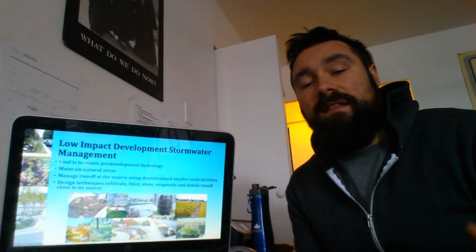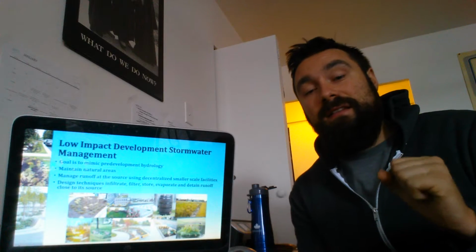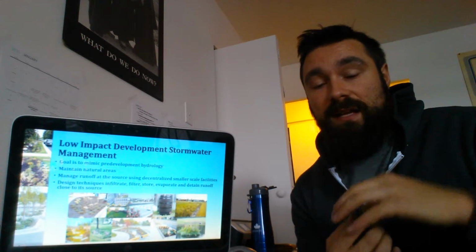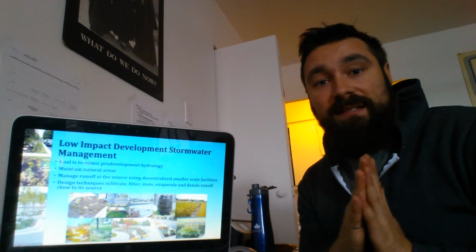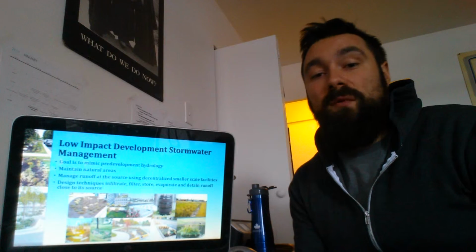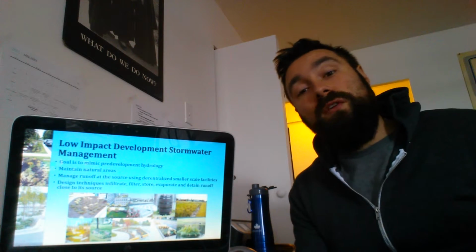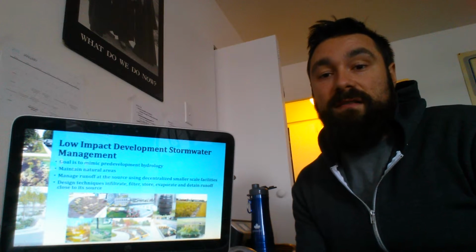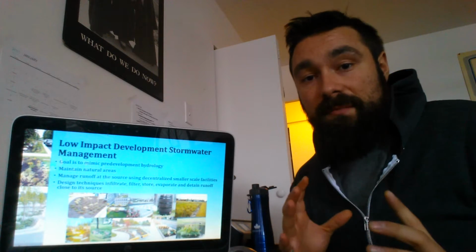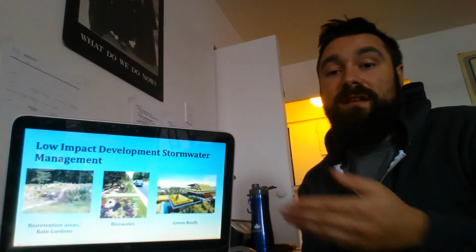Now it's important to understand that this isn't just one stormwater management technique. This is an idea, an approach to stormwater management. It's made up of a bunch of different facilities, and it's most effective when it's used as part of a city-wide plan or a development-wide plan. So one facility may not be effective, but if you use it across a whole urban area, it's going to be very effective and a very useful technique. So just remember that this is a concept. It's not just one specific thing, and I'm going to show you some of the different techniques